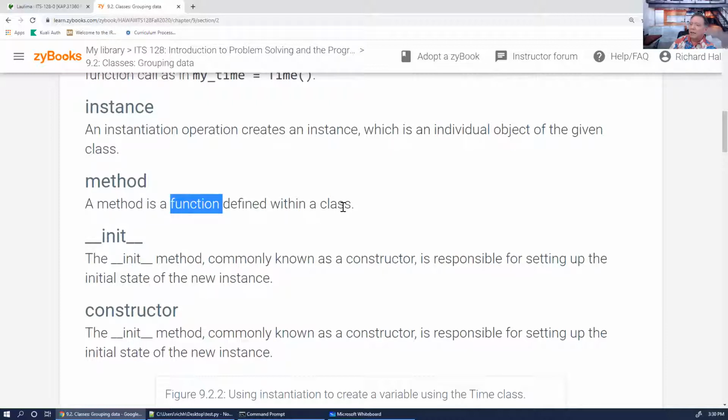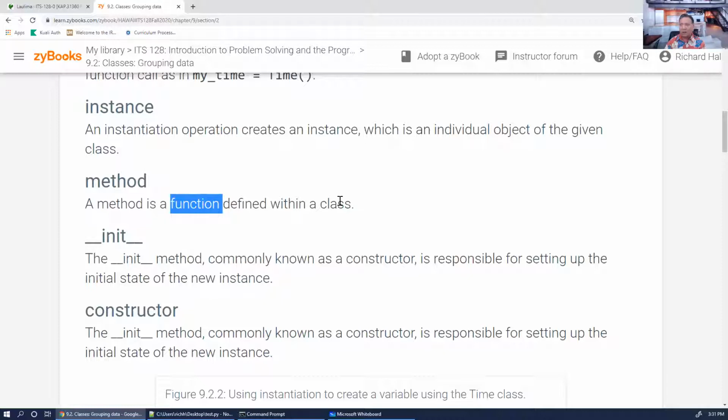A method is a function that's defined inside a class, and its world, or its scope, is only the stuff inside the class. So that's kind of the difference between a method and a function. With a method, we're talking about a function that's defined for a particular class, whereas there are certain functions that do not have to be attached to a class, like the square root function, although it is often attached